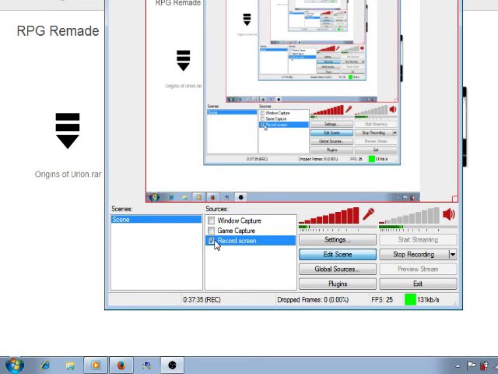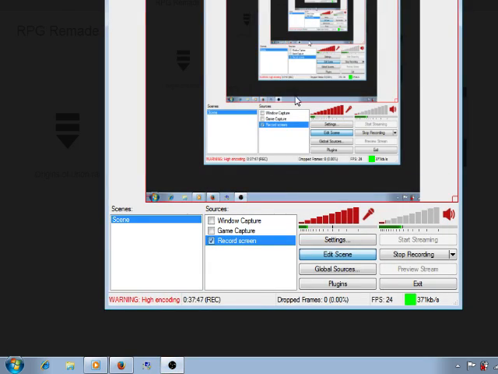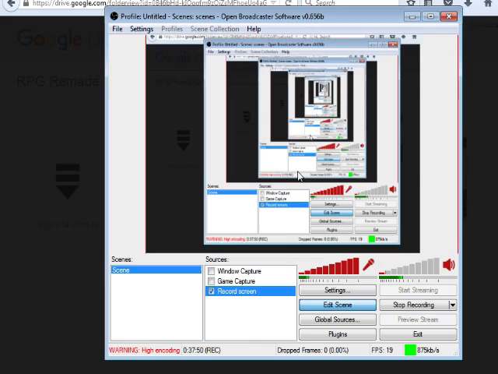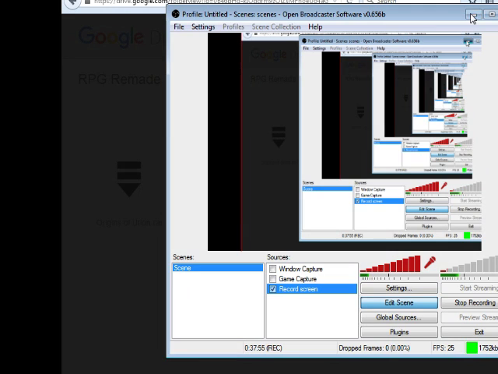I think some information might be showing, a little bit out of proportion in the corner. Okay. So you click on origins.rar. It is a RAR file. Sorry, it's just I don't really want my last name revealed.